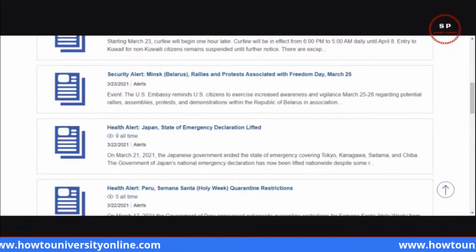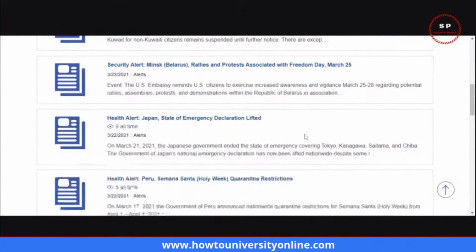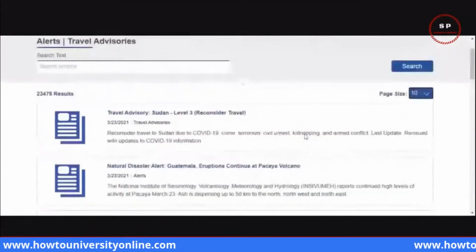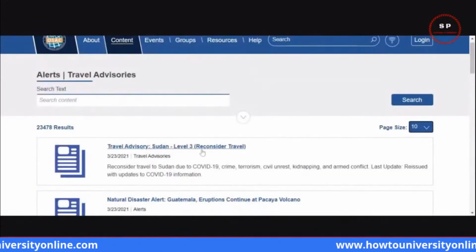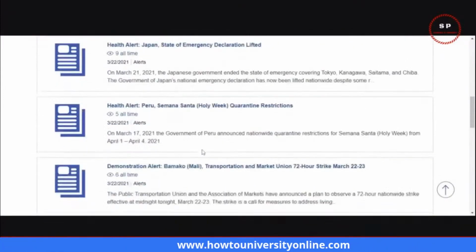The government of Japan's national emergency declaration has now been lifted nationwide. So let's go to Sudan. I think this was the first one, travel advisory. And I guess they'll tell you the different types: security alerts, health alerts,